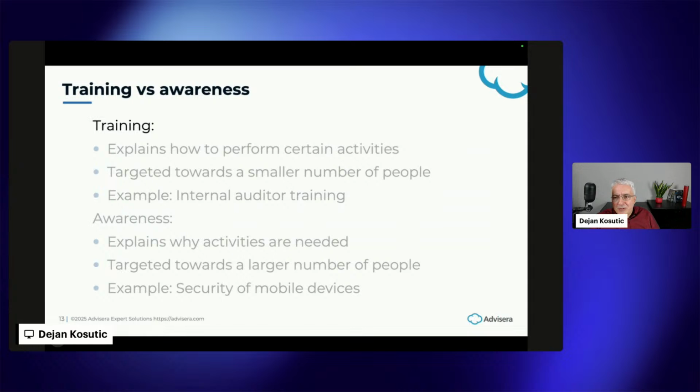What is training and what is awareness? Basically, training explains how to perform certain activities. The emphasis here is on the how, and it's targeted usually towards a smaller number of people. An example could be internal auditor training. If you go for ISO 27001, you have to train an internal auditor and send this person for internal